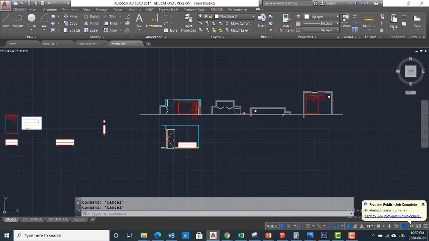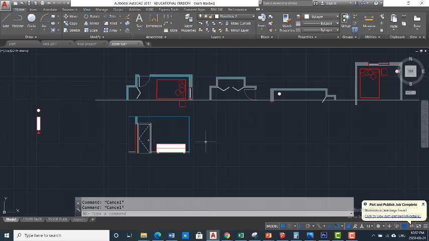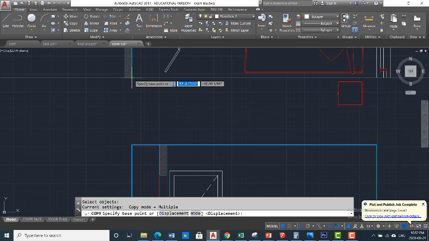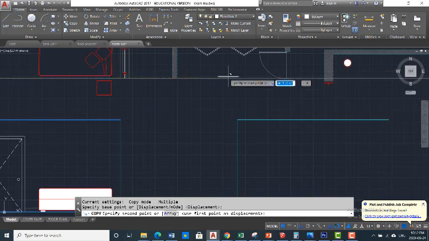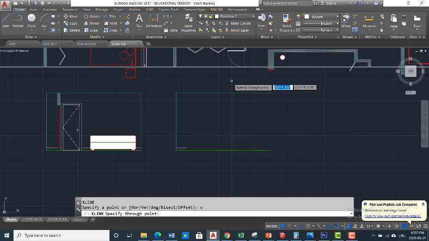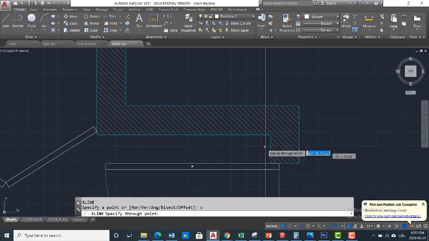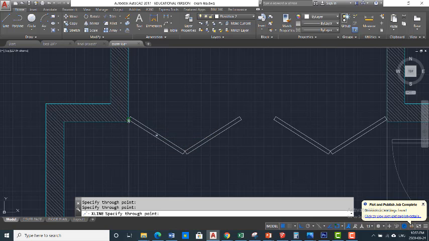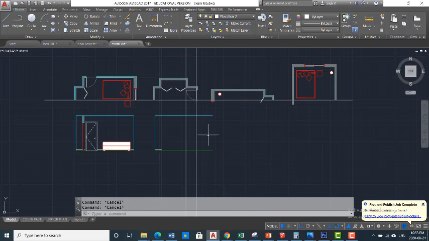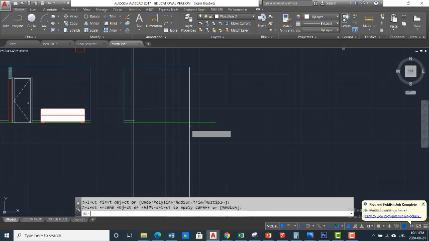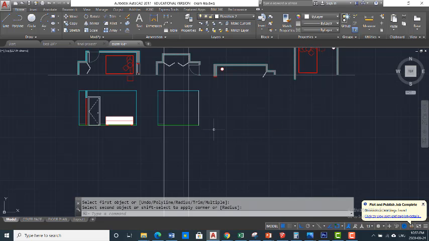What else? The next elevation, remember, because it has the same height, I can select everything like that from the start point inside the wall to inside here. Okay, then I use XL vertical, and I just add the guideline for the area that I need. Something like that. Okay, then I can use fillet, these two, repeat fillet, these two, and